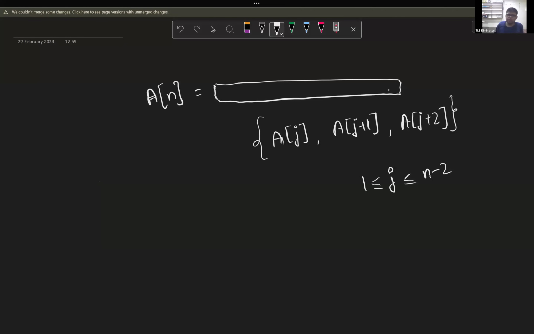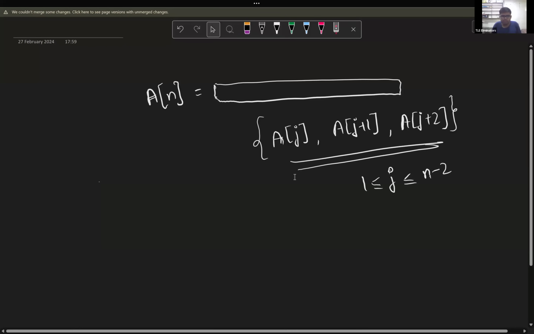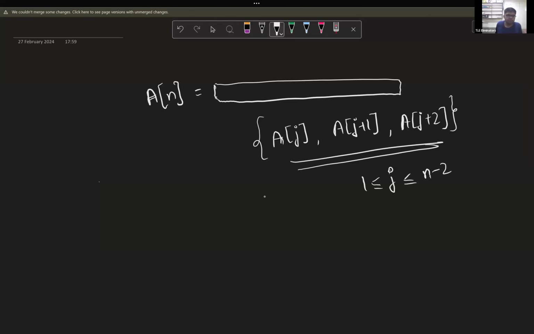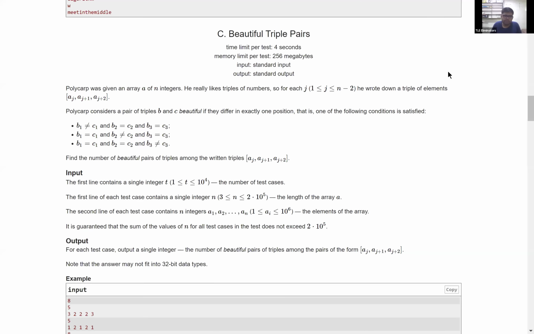So what we have to do is, for all the triplets, would anyone like to guess how many triplets will there be in the array? How many different triplets are there? Exactly, n minus 2 triplets. So for all of these n minus 2 triplets, we have to find out the number of pairs of triplets which are beautiful, and the condition for them to be beautiful has been mentioned here,